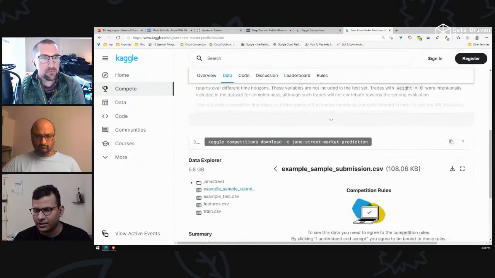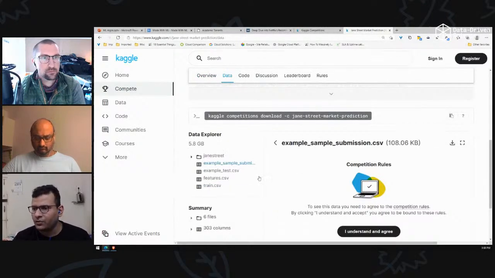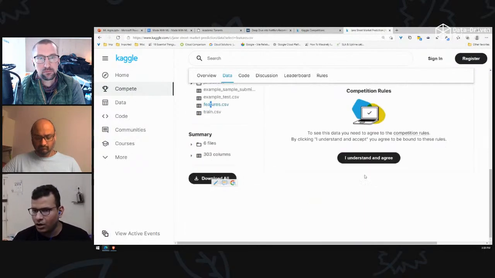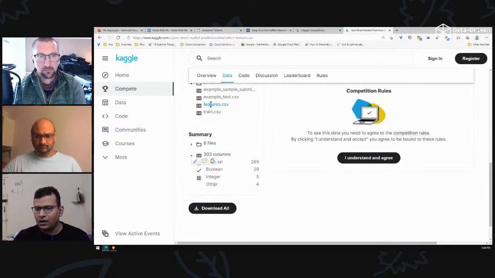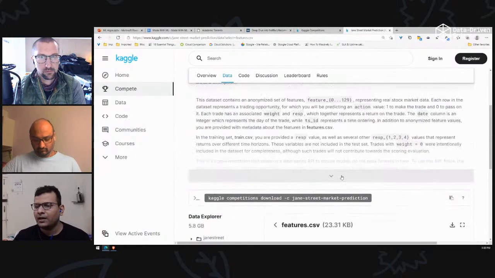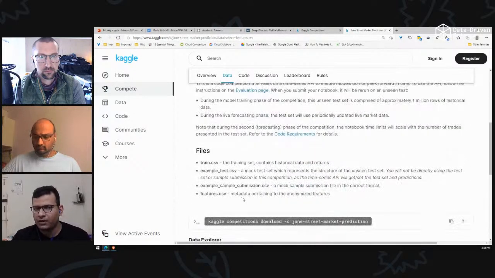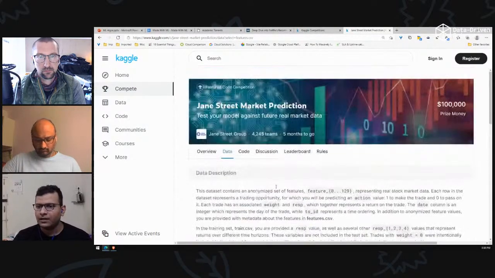Data looks like this. 5.8 GBs worth of data. If I check in terms of features, I don't know how many columns are there here. So we have 303 columns, a lot of details here. And using this, we can do the predictions of when to buy and when to sell. This is an example of a real life problem where data science is used.